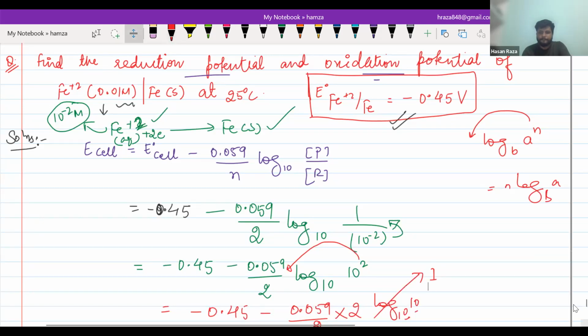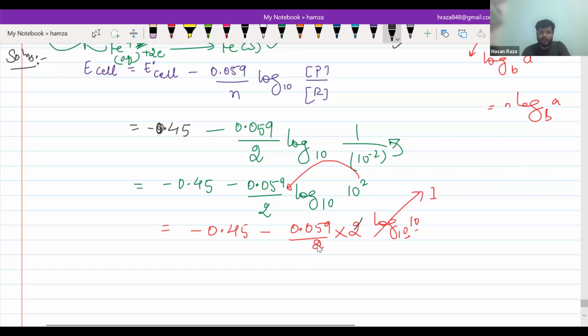And you know that this 2 and 2 will be cancelled. And here you can see minus 0.45 minus 0.059. Can you tell me the answer of this? I'm just going to calculate it. Minus 0.45 and then 0.059. So the answer will be minus